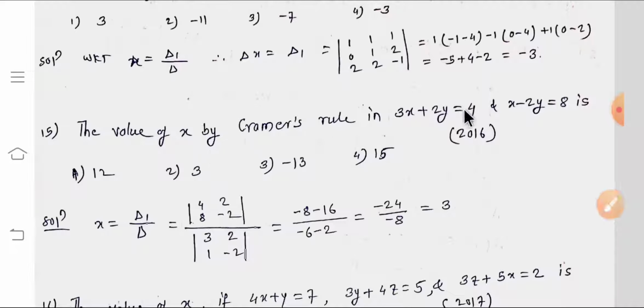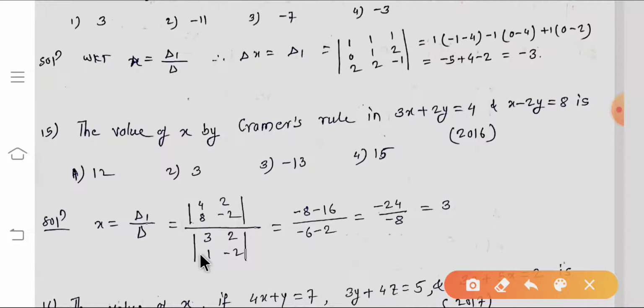The value of x by Cramer's rule in 3x plus 2y equal to 4 and x minus 2y equal to 8 is 12, 3, minus 13, 15. So by using Cramer's rule, we find the value of x. We know that x equal to delta 1 by delta. First delta we write, delta is nothing but determinant of coefficient elements, that is determinant of 3 2, 1 minus 2. Then delta 1, how to write delta 1? The first column